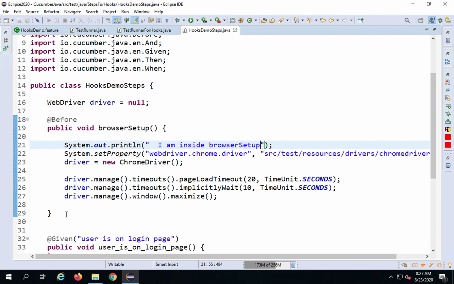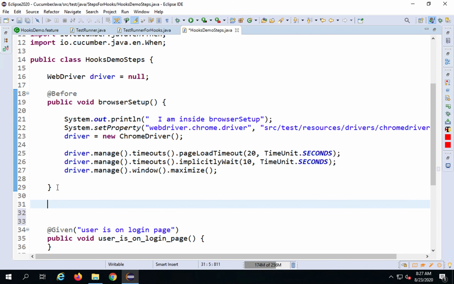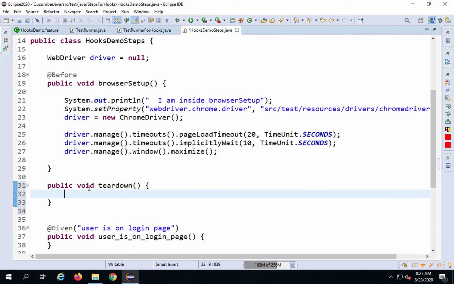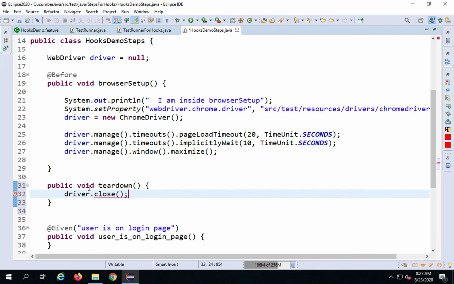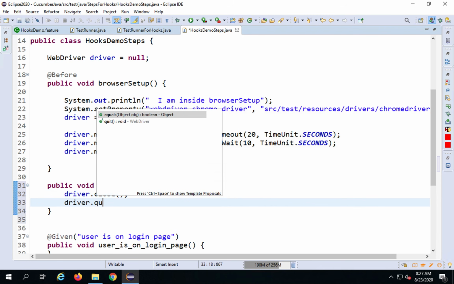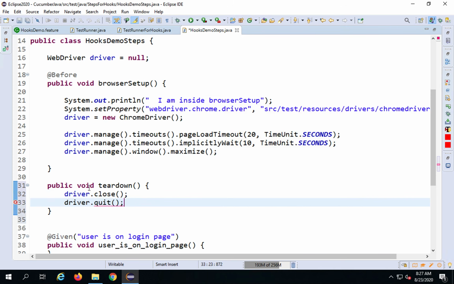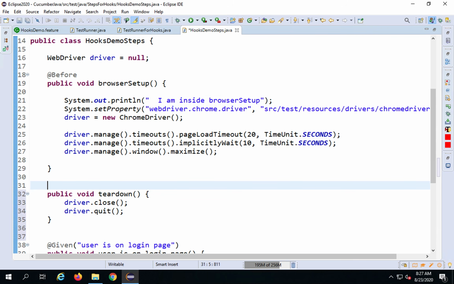And similarly I can create a function called teardown. You can name it anything, and here I will close the browser. So I will say driver dot close and driver dot quit to quit the browser, and to run it after every scenario I will use the annotation @After,